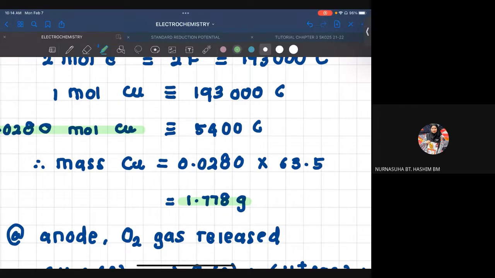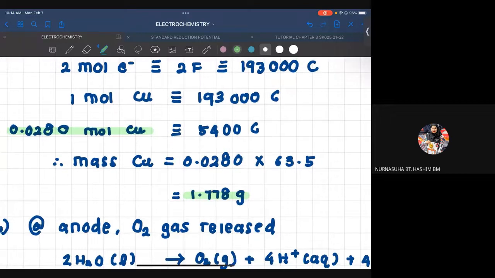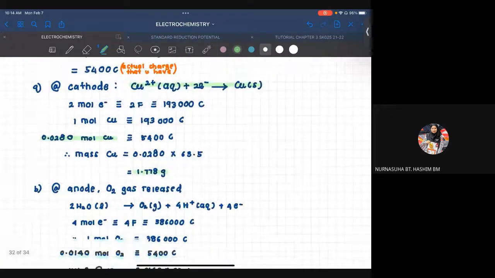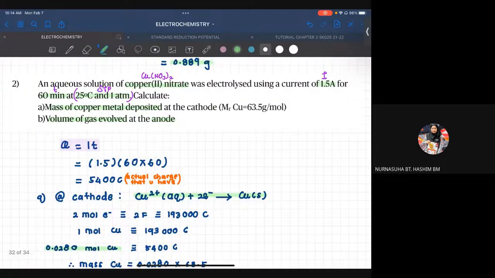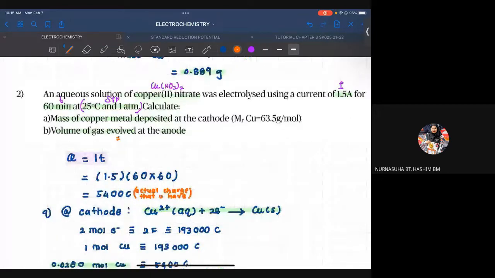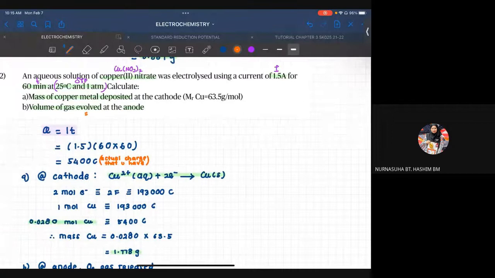So sambil-sambil awak dengar tu, please press your calculator, takut madam pun ada tersilap kira nanti. Okay, because I don't have the scheme for this one, so please double check my answer. Okay guys, so next dia kata gas evolve at anode. Okay guys, ini yang selalu student buat mistake kan. Gas apa? Kita tak tahu gas apa. So I advise you guys for this kind of question,